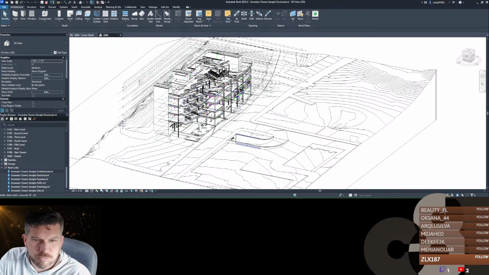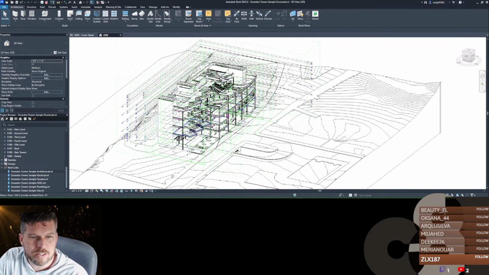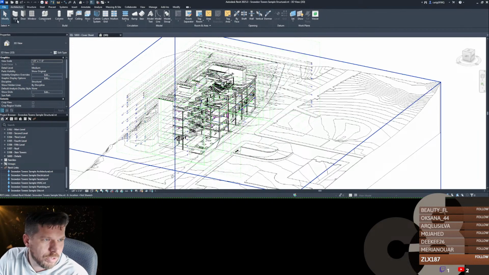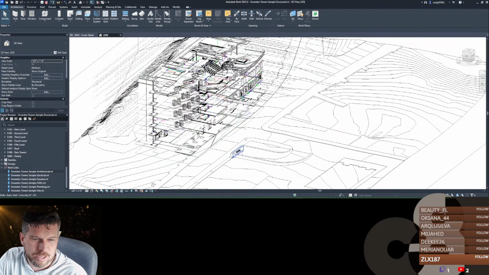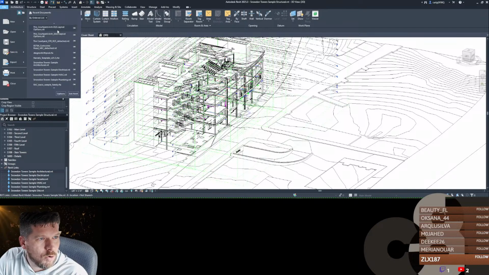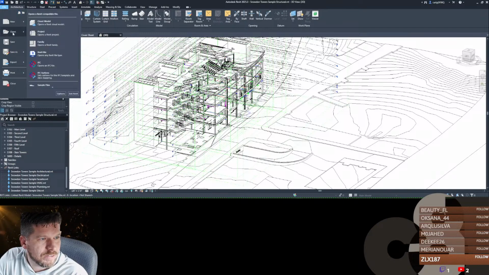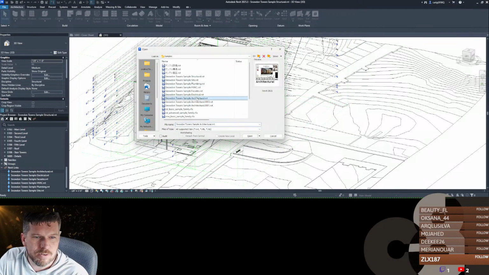All right, today's Revit tip of the day is going to be, if you're working with linked models, it gets really annoying when you try to change something that's in a linked model. So we've got this, we're using the Snowden Tower sample models. I'm in the structural model now. Now let's say we need to add something architecturally, right? Well, if you go and open the sample file, in this case, the architectural model, to